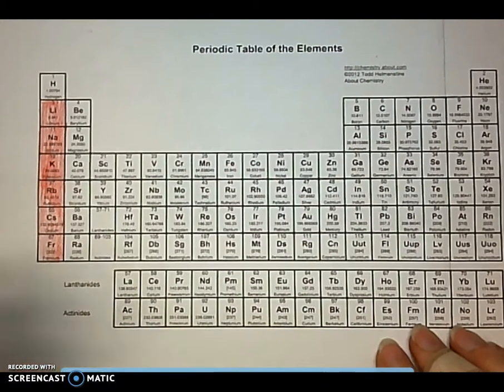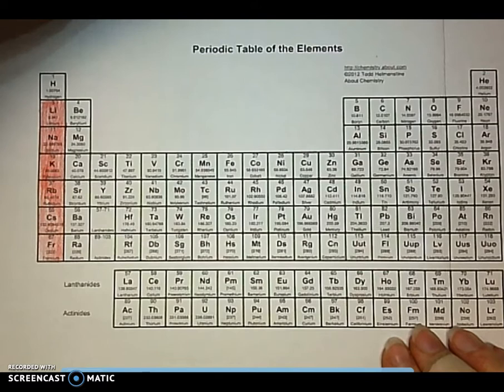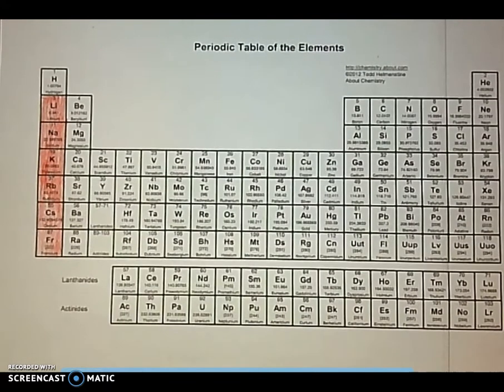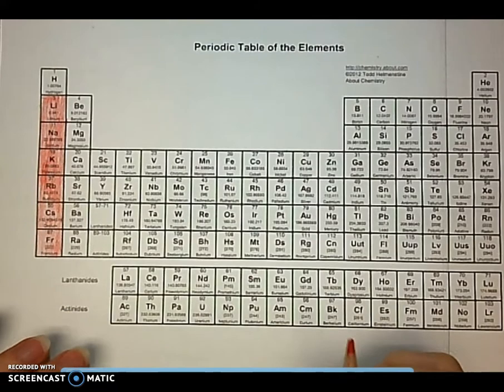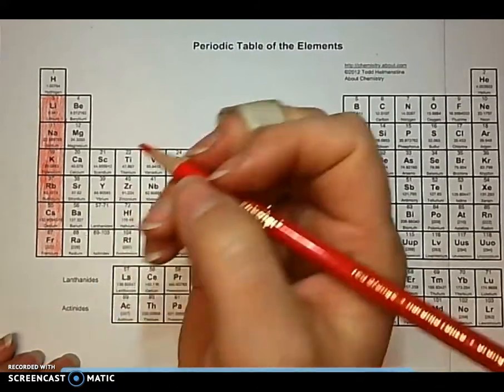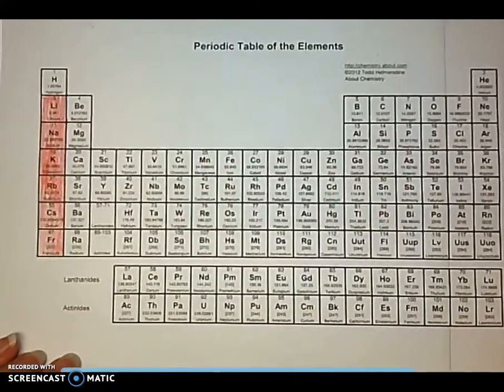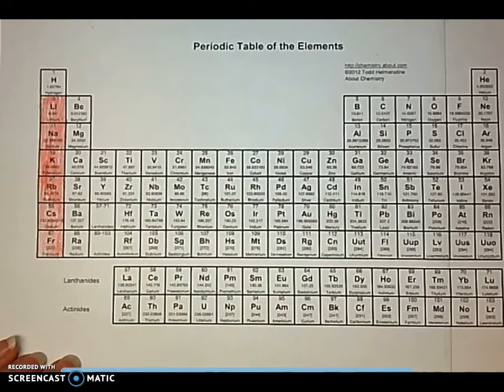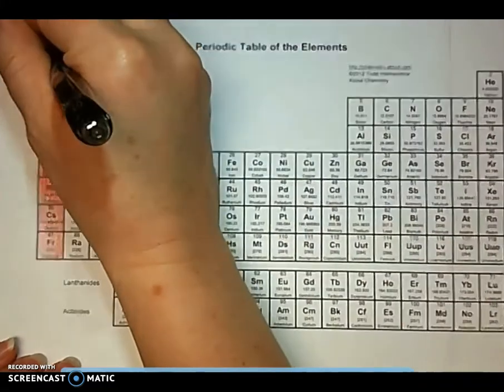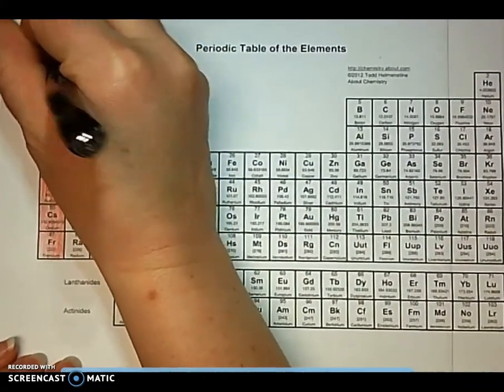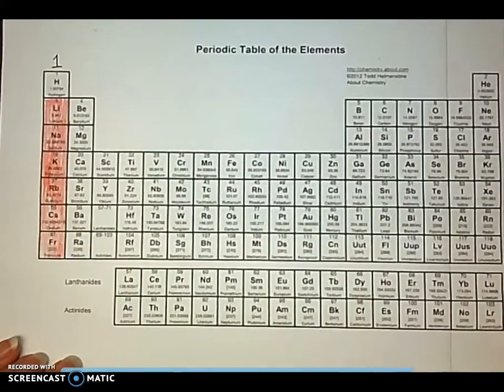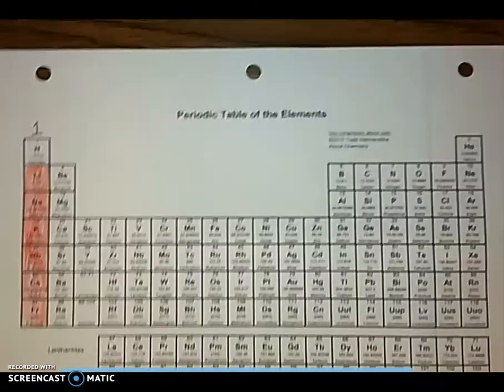I have left hydrogen white, as you can see, and then I have colored in my alkaline earth metals and alkali metals, and I have made them red, and I will eventually also put a chart on here to explain what each of those is as well. I'm also going to put up top the number 1 to signify that there's one valence electron in that group